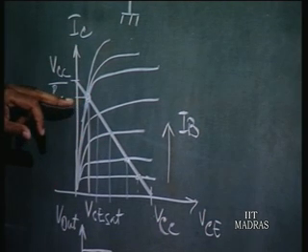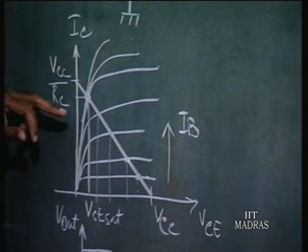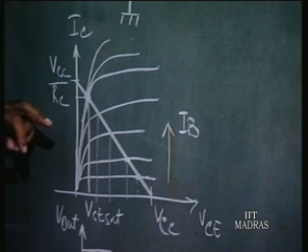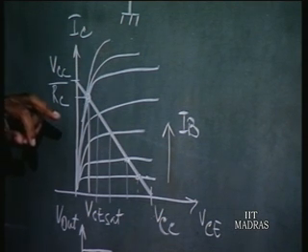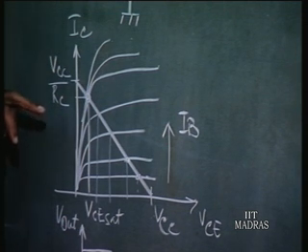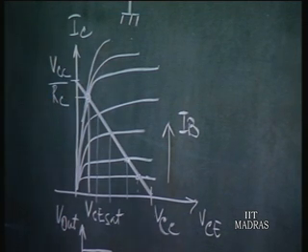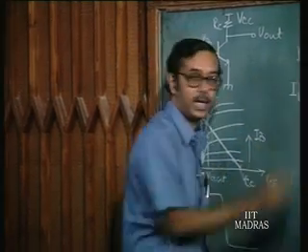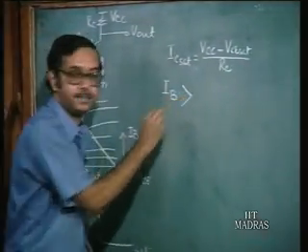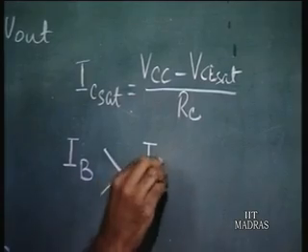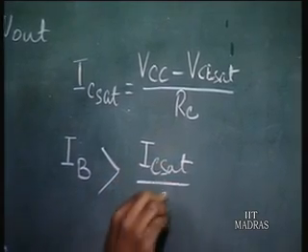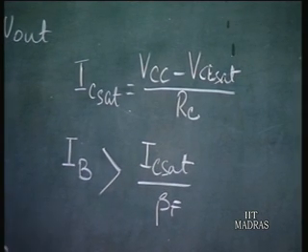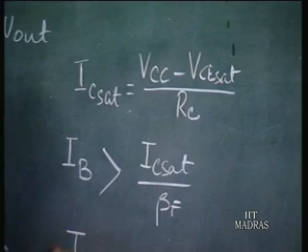But once it goes to saturation, the ratio of the collector current to the base current becomes less than beta f. So, we can say that for the transistor to go to saturation, IB must be greater than IC sat by beta f,